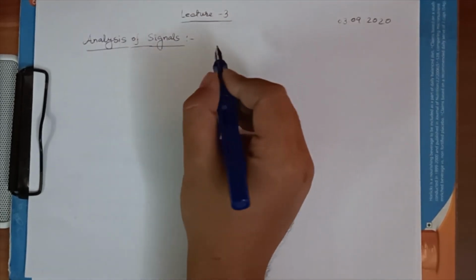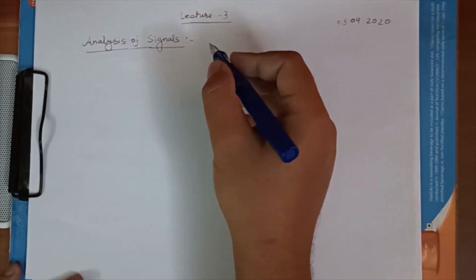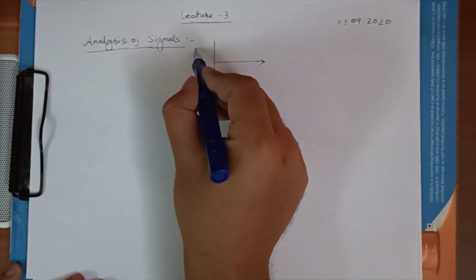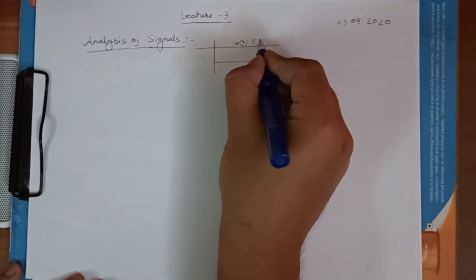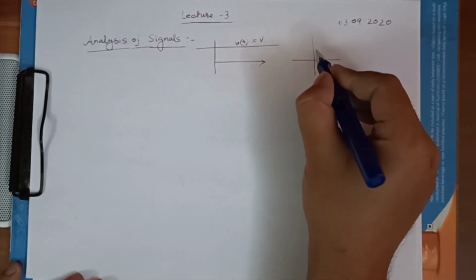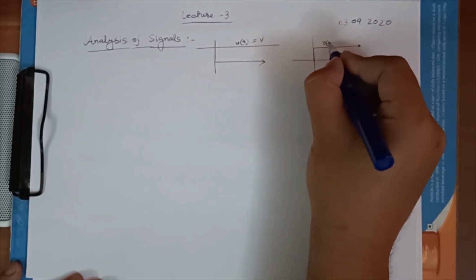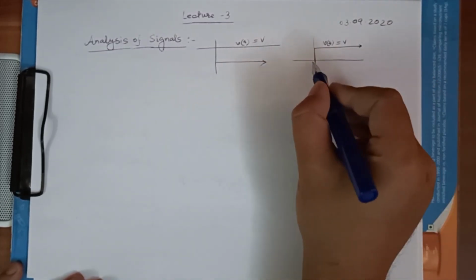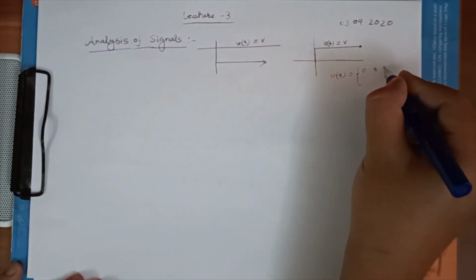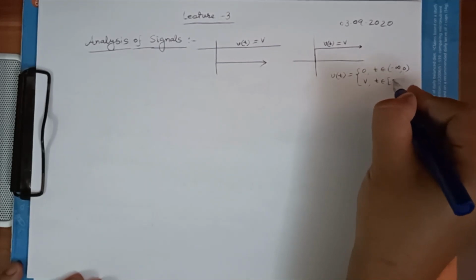In the last two lectures, we came across some voltages in the examples which were some ideal voltage models. For example, the DC, which we can represent using some constant. So V(t) is equal to V, which runs from say time minus infinity to infinity. Or we can represent using some semi-infinite constant voltage. So it becomes V(t) is equal to V from t is equal to 0 to infinity and 0 before that. So we can write V(t) is equal to 0 when t belongs to say minus infinity to 0 and V when t belongs to 0 to infinity.